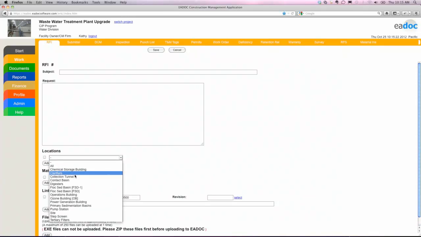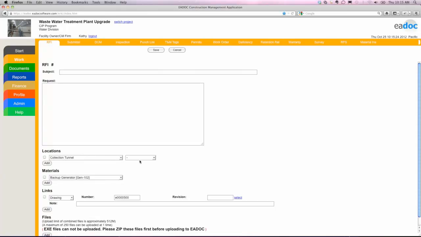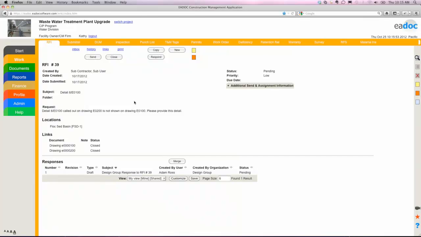Again, drop-down menus, very easy for the subs to fill out. So they can go ahead and fill out the form and identify exactly where this RFI is related, the location on the project, the materials, the drawings, the specs, and this is the beginning of that whole relationship process for you. So you want to make sure the way you're setting up the EADOC system or any project management tool is to gather really high quality data. This goes back to that garbage in, garbage out. If you have high quality data coming in, those relationship tools are going to be invaluable for you guys down the road. So if we go ahead and cancel out of this draft RFI,